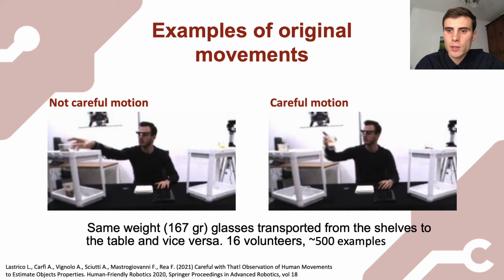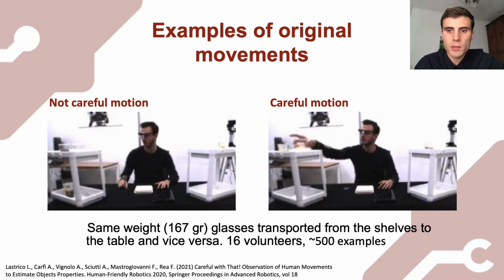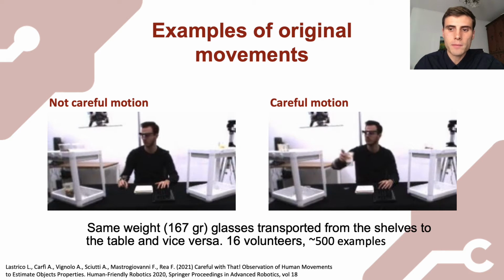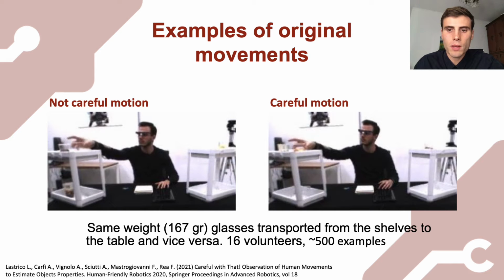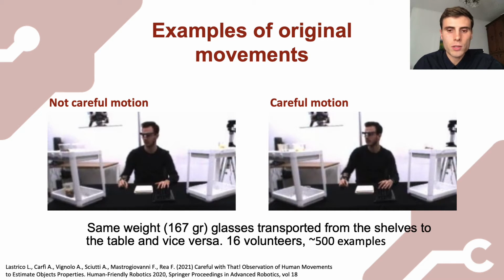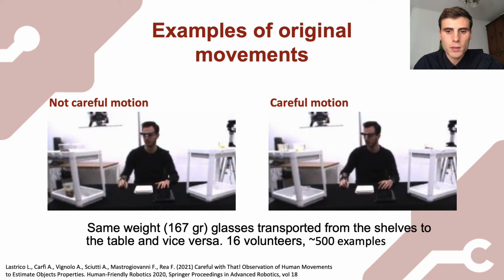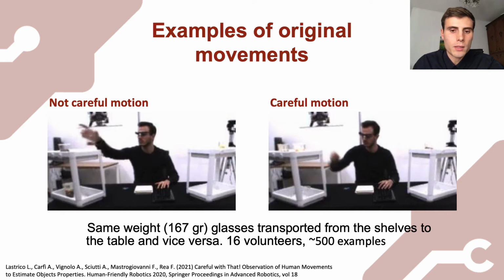In these videos, you can see examples of the transportation motion used to train the generative model. We calculated the velocity norm of the participant's hand from a motion capture marker positioned on the metacarpal bones of the right hand. We considered two glasses with equal weight, one filled with water till the brim, therefore requiring great care in being moved without spilling water, while the other one was empty, except for some coins used to reach the same weight. The dataset consisted of around 500 examples in total, and the movements were performed by 16